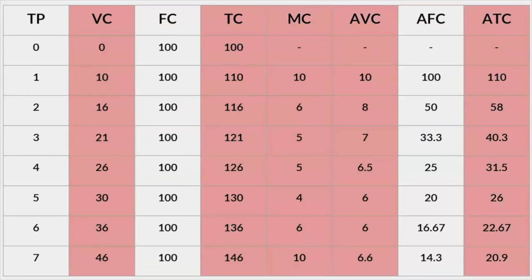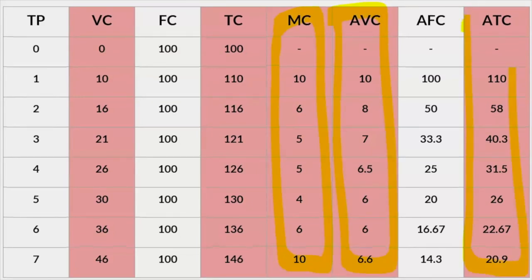Well, we're going to say our marginal cost is going to change, our average variable cost is going to change, and our ATC is going to change. Before we get to marginal cost, our average variable and average total cost should be pretty simple to see why they change, because our total variable and our total cost also changed. So it stands to reason that our average variable and average total also changed here. Our marginal cost also changes because our variable cost increased. Our variable cost changed, and so when our variable cost changes, that changes our total cost, which then changes